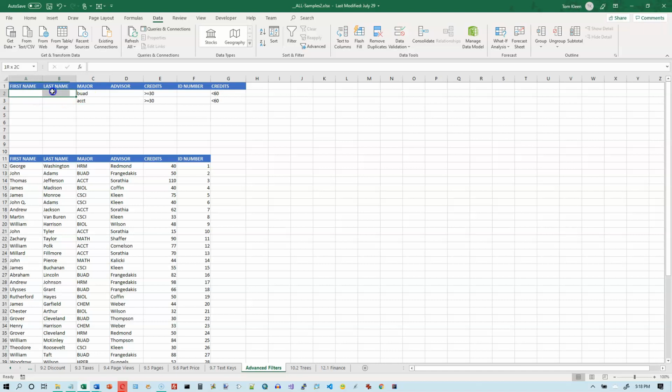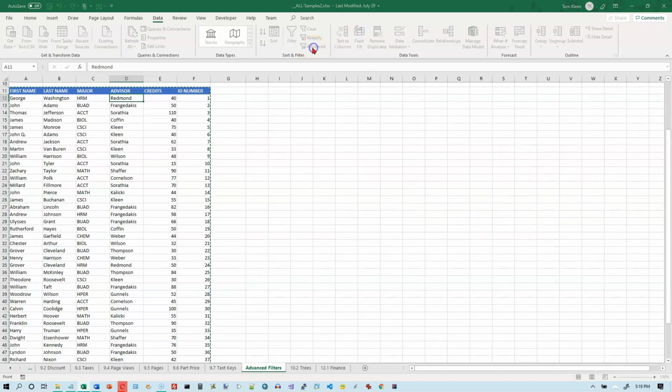Okay, so we've got one rule where these all have to be true. They're all connected by the word AND. And then a second rule here that is connected to the first one as if it were connected by the word OR. This rule has accounting and greater than or equal to 30 credits and less than 60 credits. So we're looking for business sophomores on this row. We're looking for accounting sophomores on this row. So we know there are 4 business sophomores, so we should get more than 4 when we apply this new